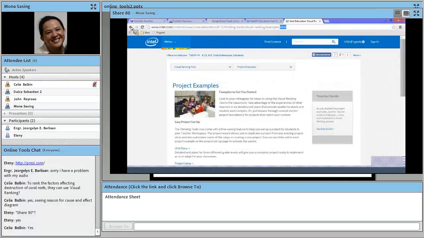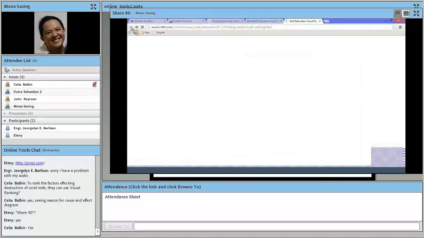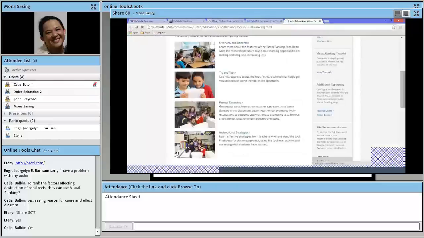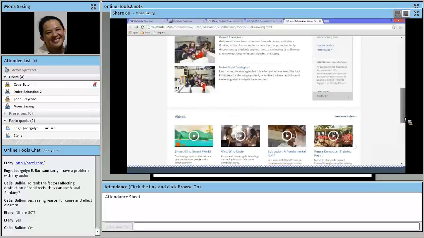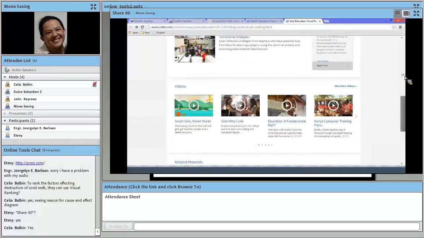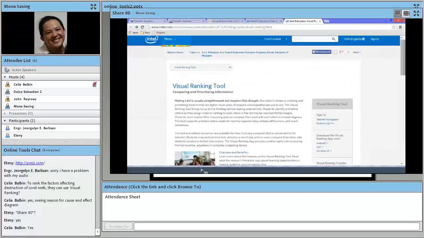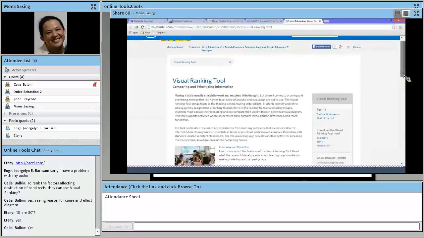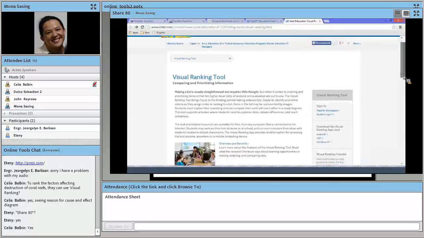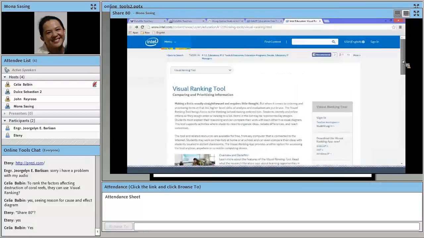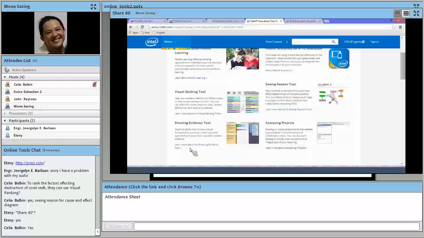There are other examples here that you can view. Okay, there are also examples that make use of the showing evidence tool.